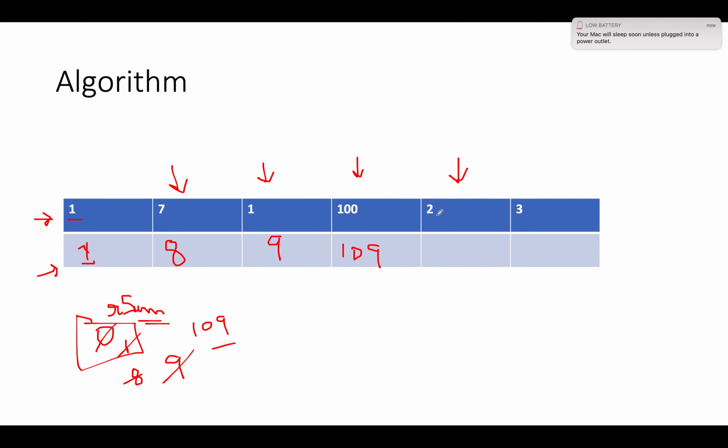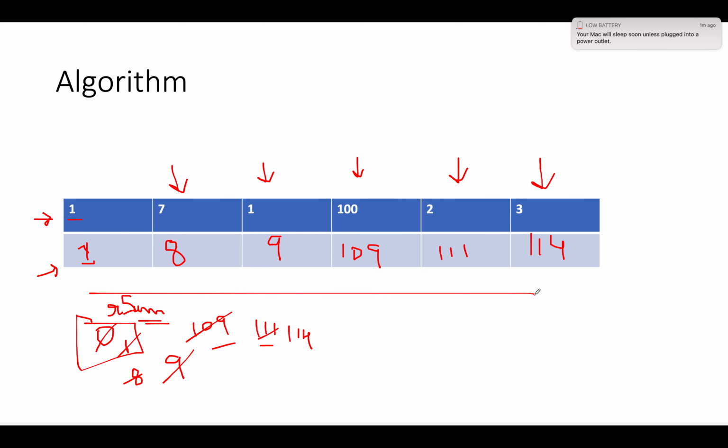We get 2, and we'll update the value. 109 plus 2 is 111, so this gets 111. And let's move on to the next iteration. We got 3, and this will be updated to 114. 111 plus 3 is 114. So after the updation, the value will be updated at this index to 114, and this marks the end of the array, and we have updated the input array with the running sum variables, and this is our answer.